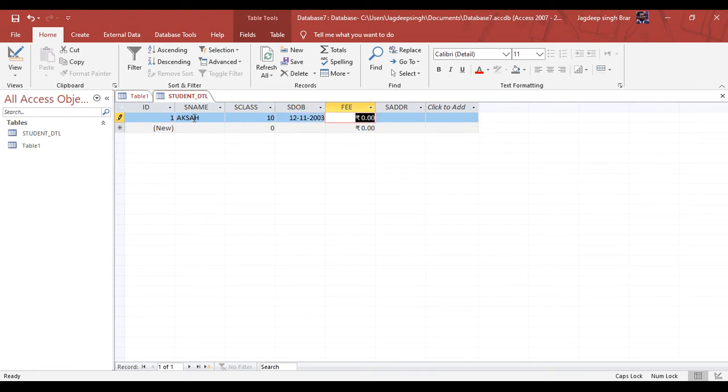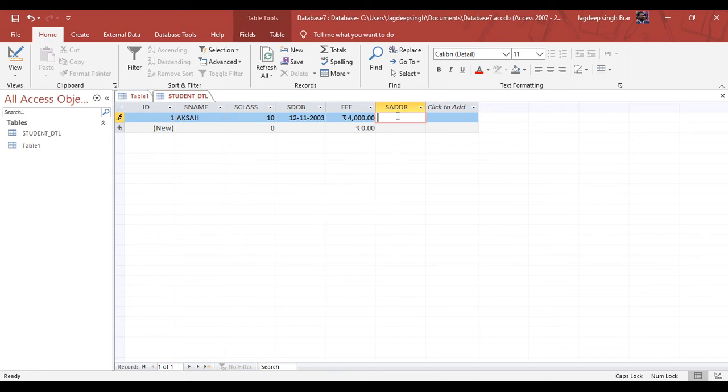Okay, so as we enter the fee here, like 4,000, when we switch to the next row, it automatically converts into the currency format that we have defined. So it's changed into the currency form.